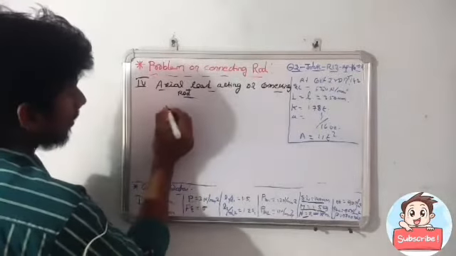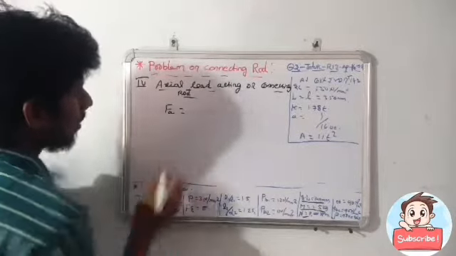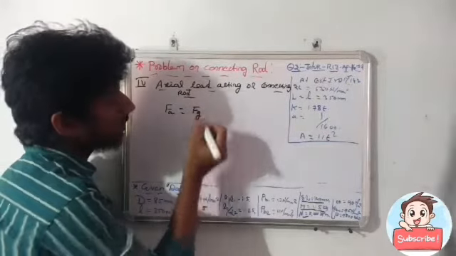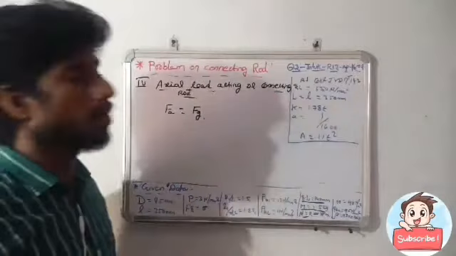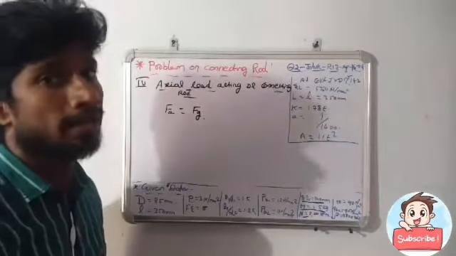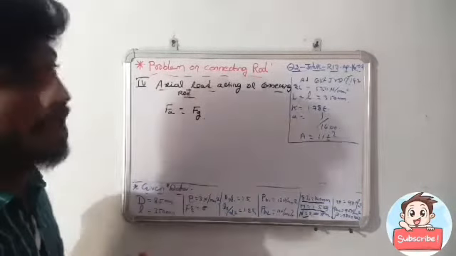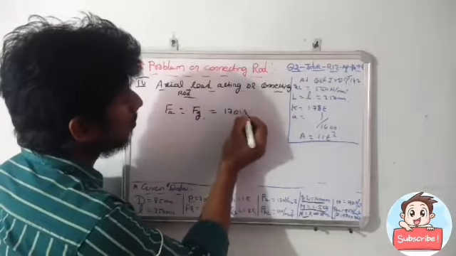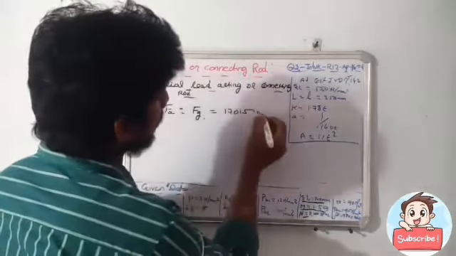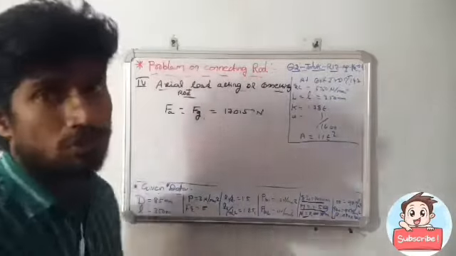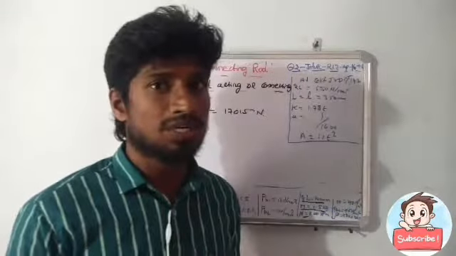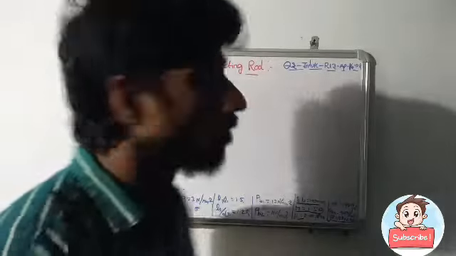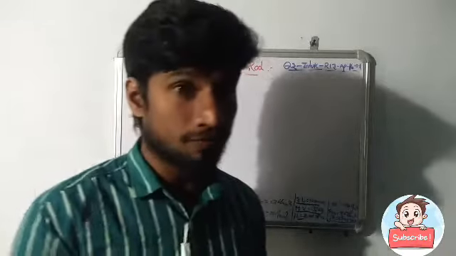The axial load acting on the connecting rod is denoted by FA. So we know that FA equals FC. Why? Because the maximum gas pressure or steam load acting on the connecting rod is equal to the axial load condition. So that's why this is equal to 17015 newtons. So this is the fourth step, and let's go to the next step, that is the fifth step here.